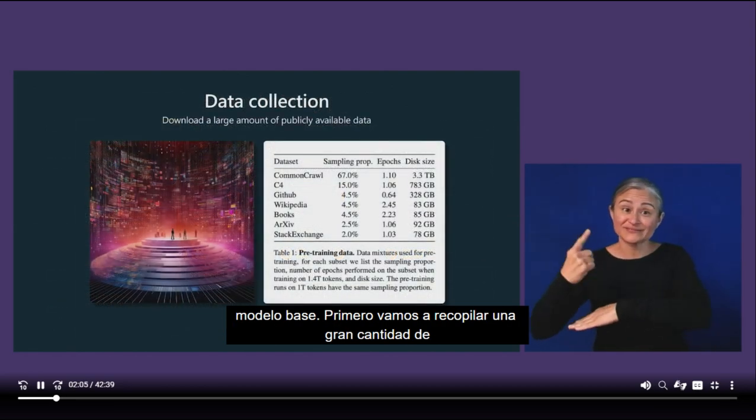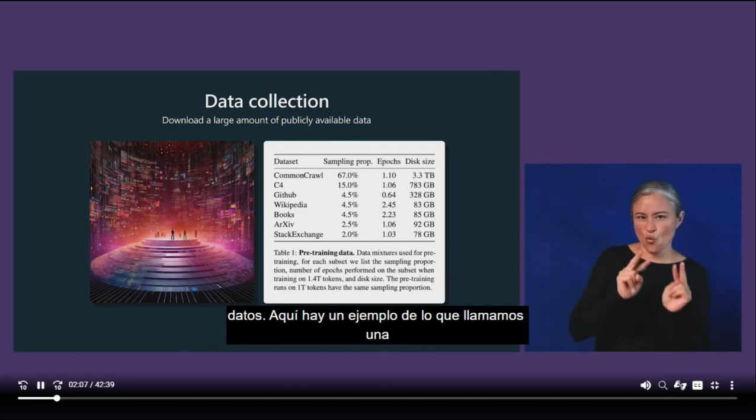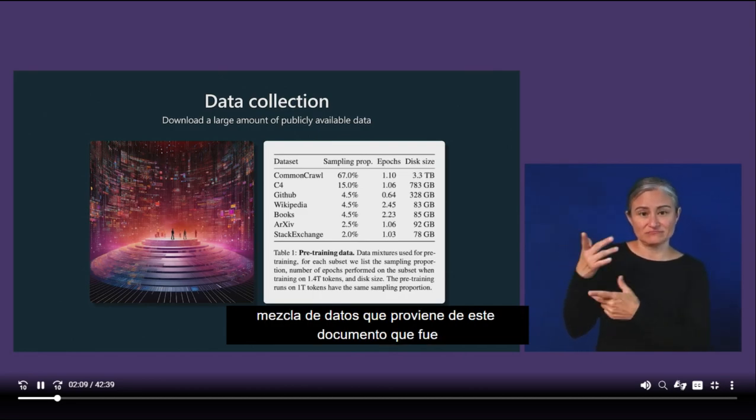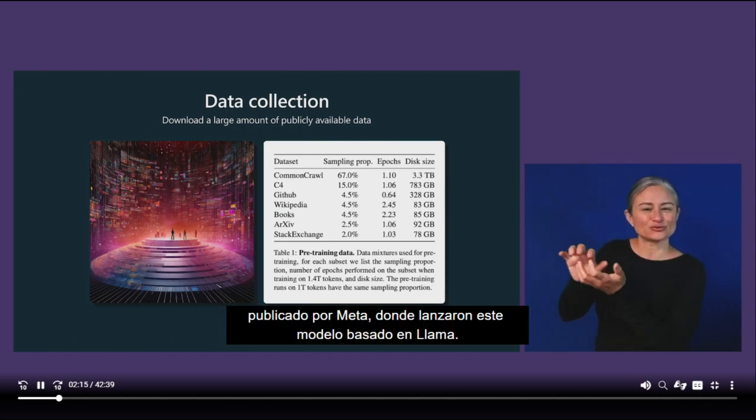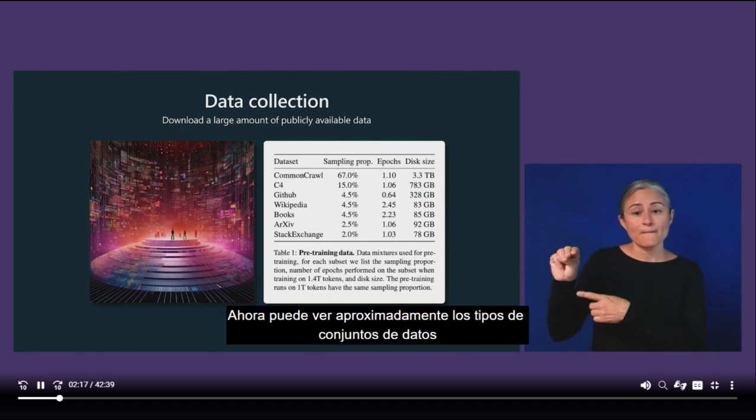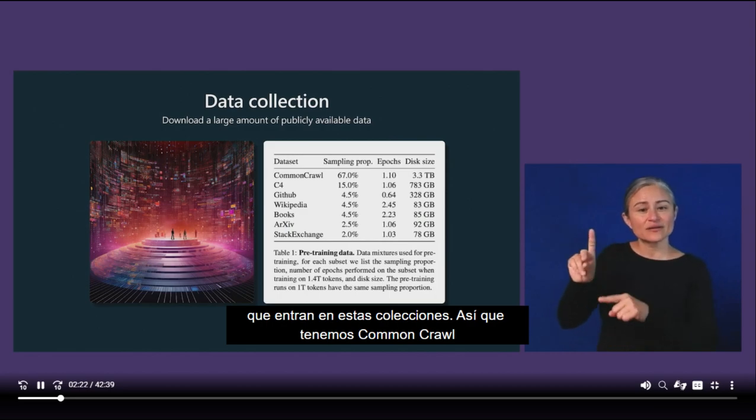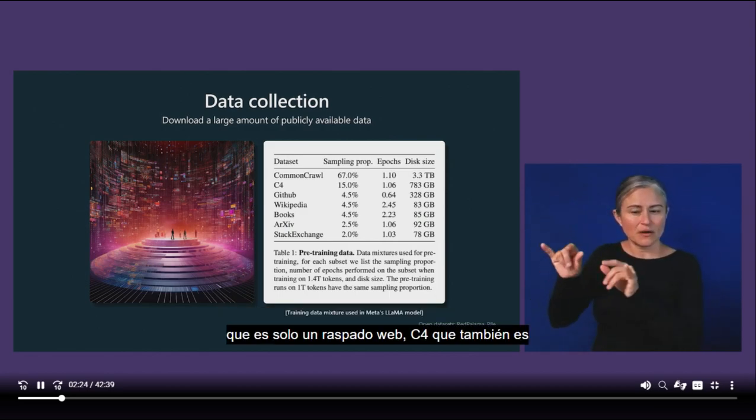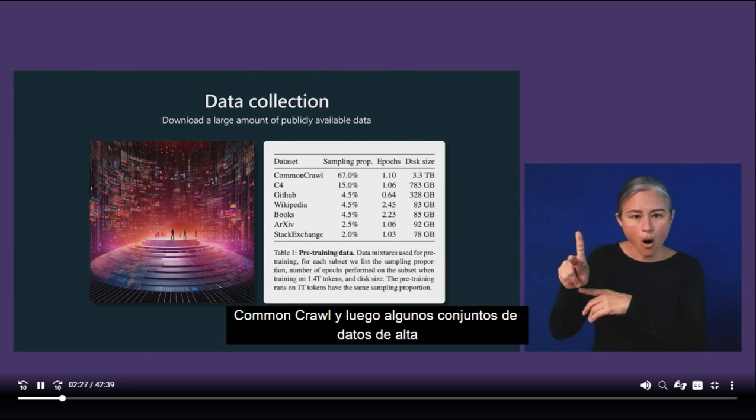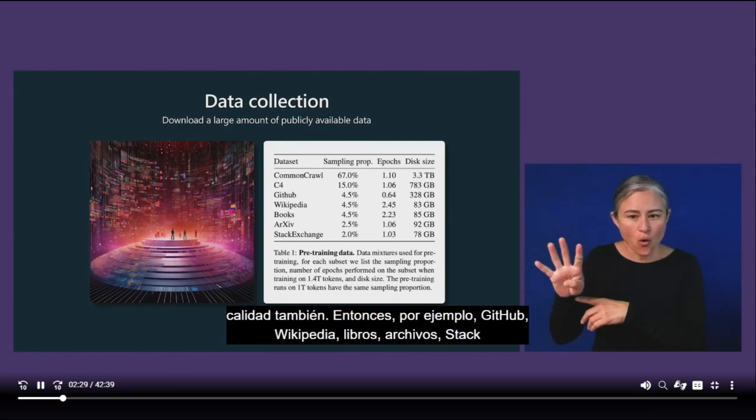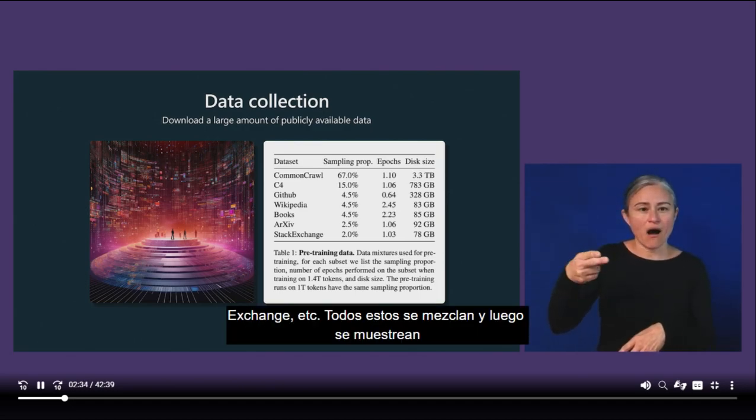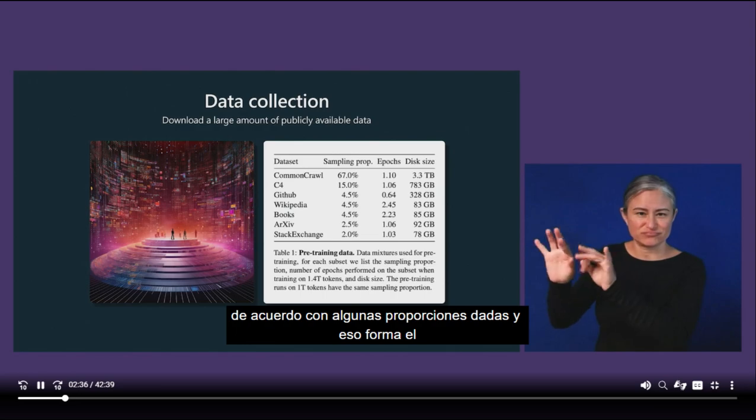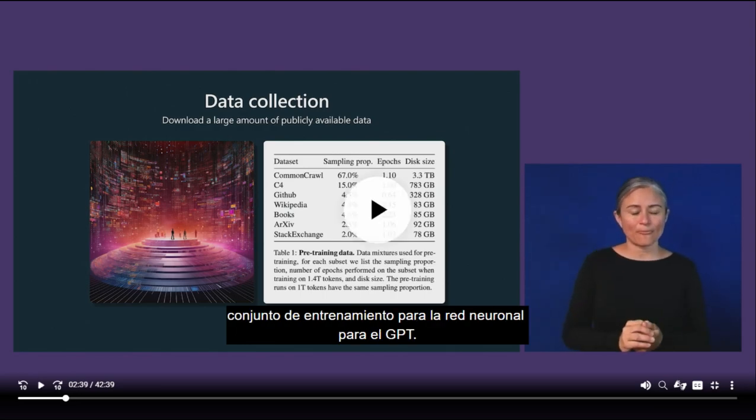First, we're going to gather a large amount of data. Here's an example of what we call a data mixture that comes from this paper that was released by Meta, where they released this Llama base model. Now you can see roughly the kinds of data sets that enter into these collections. So we have Common Crawl, which is just a web scrape, C4, which is also Common Crawl, and then some high-quality data sets as well. So for example, GitHub, Wikipedia, Books, Archive, Stack Exchange, and so on. These are all mixed up together, and then they are sampled according to some given proportions, and that forms the training set for the neural net,